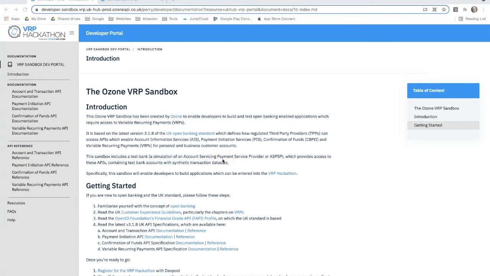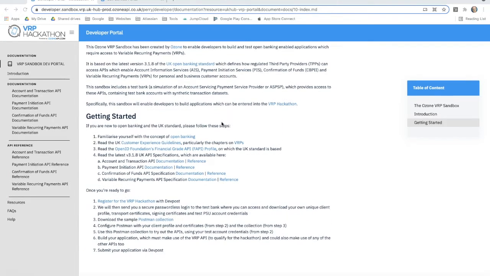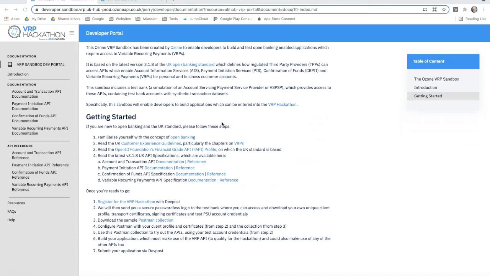Hello, welcome to the Ozone VRP Sandbox. I'm going to show you two portals which you'll need to use in order to access the sandbox. The first is our developer portal. This developer portal contains an introduction and some getting started steps which you will need to follow in order to